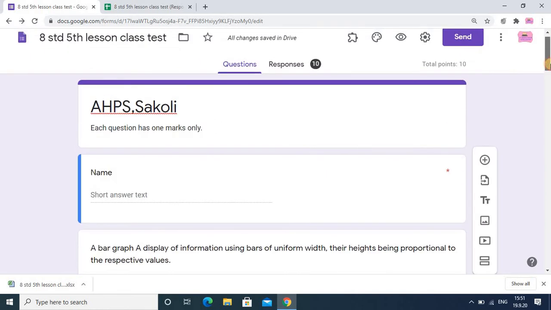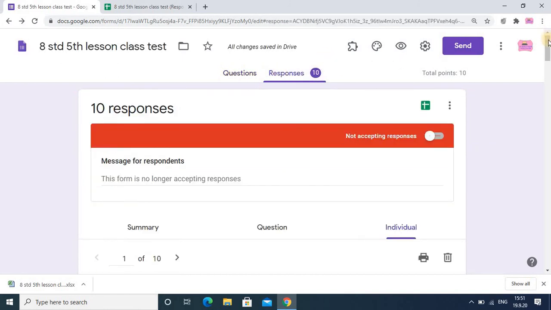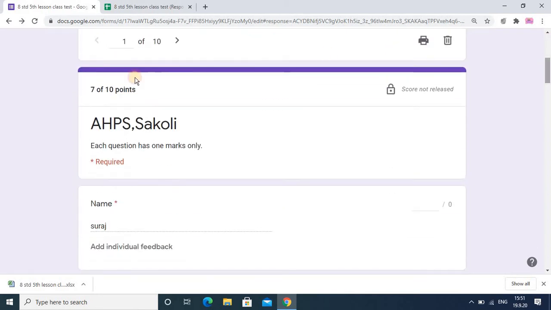And once you have done it, the things will be very simple. Then you just select the response option, and in the individual response, you directly get the mark, 7 out of 10. Then you can check the next student. I had already taken the response from the students. What I'm telling you, I have already done this. I first took the student exam, then applied it in the quiz, set the answers, and then I got the result also. In this way you can see the result.